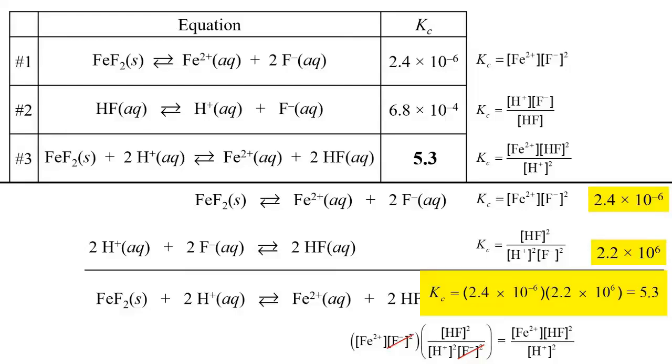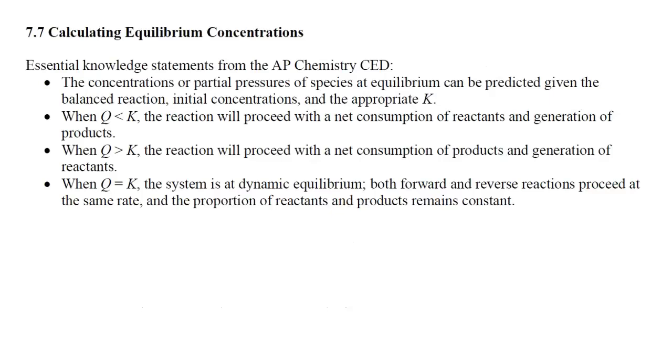Okay, now it is time to take a look at our next topic. This is topic 7.7, calculating equilibrium concentrations. Here are some essential knowledge statements from the AP Chemistry course and exam description. The concentrations or partial pressures of species at equilibrium can be predicted given the balanced reaction, initial concentrations, and the